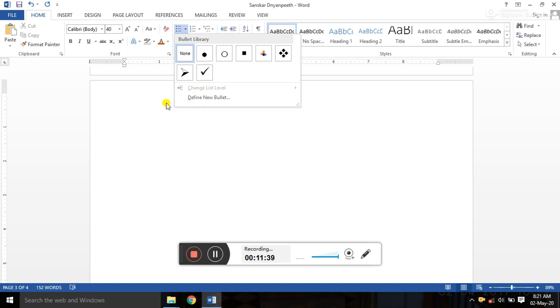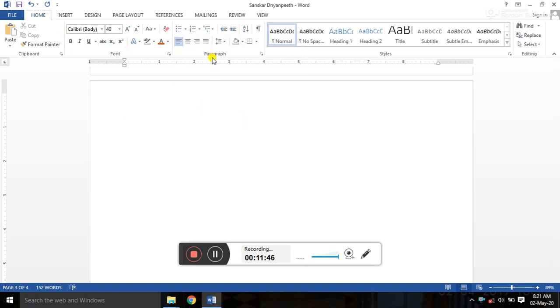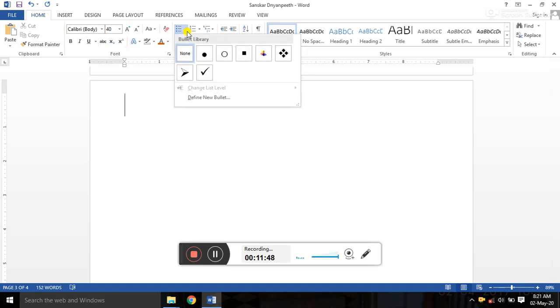Now see student, if you want to type some text point-wise, in the Home tab under the Paragraph group, once I click on that drop-down, different types of bullets appear. Let us select this bullet.